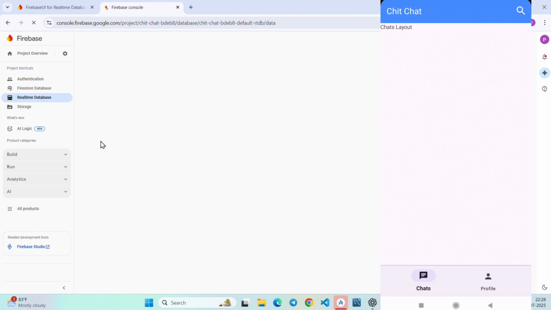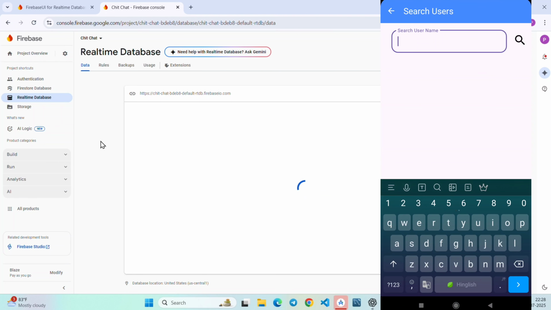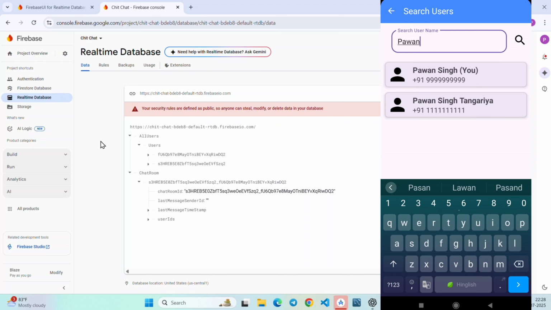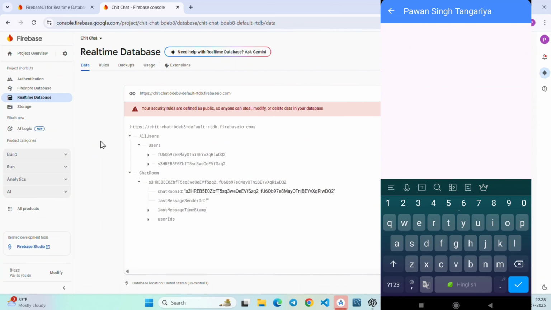And so now coming to our app, let's search for the user. If I search here for Pawan, my both IDs will appear. So I will select the second one, Pawan Singh Tangaria, and if I click on edit text and send a message like hello, I am user 1,